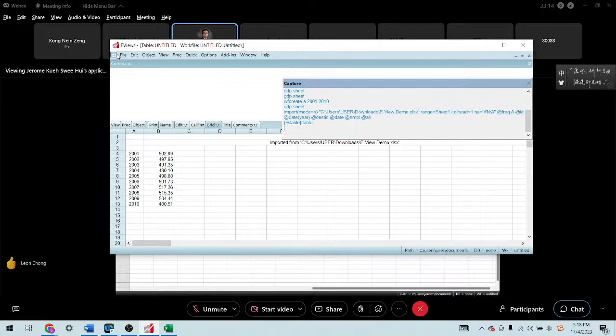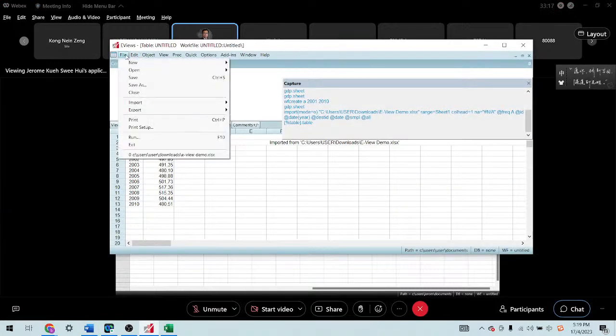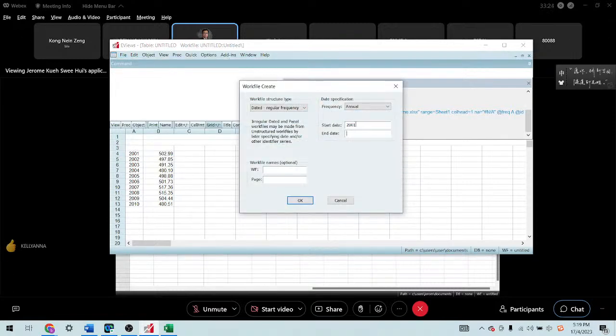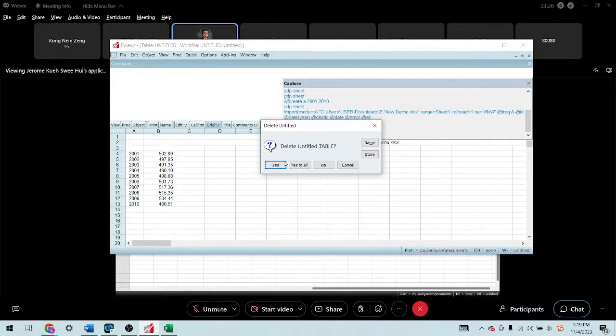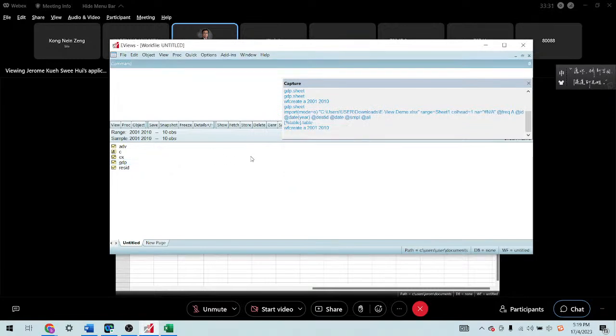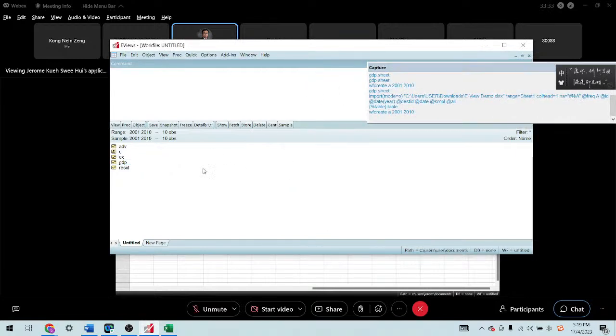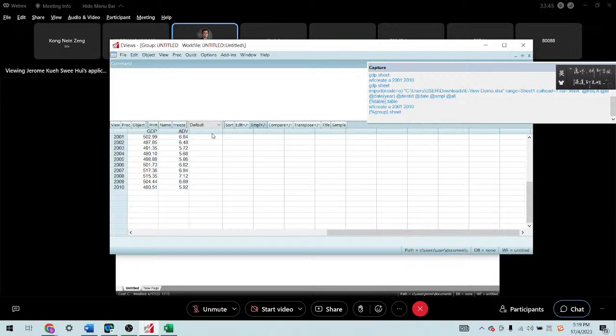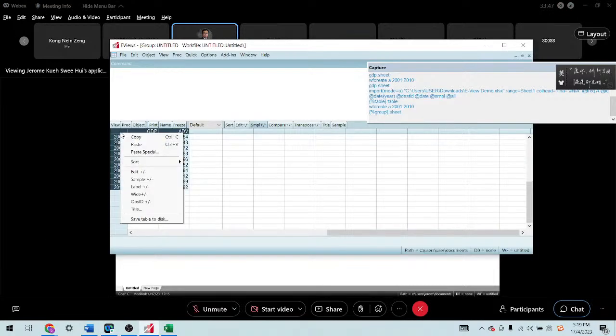So the sequence is very important, because later on when you run the analysis, it will be easier, because you know that the first column here will be your dependent variable, and then followed by the independent variable. So this is how the eViews will read the database. Right. So I can close this, delete untitled group. So don't worry, just click yes. So then return back to the original interface here. So that is the first method using the import function.